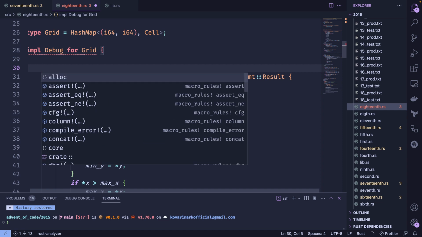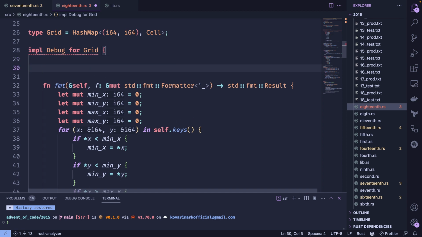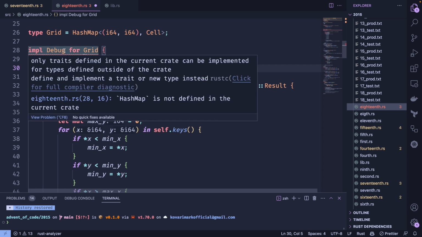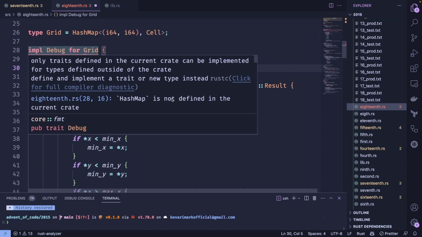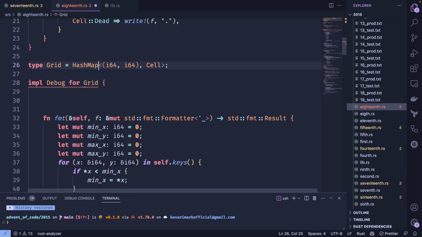What is going on? The error definition should be here. I'm not sure. What is your issue? Hash map is not defined in the current